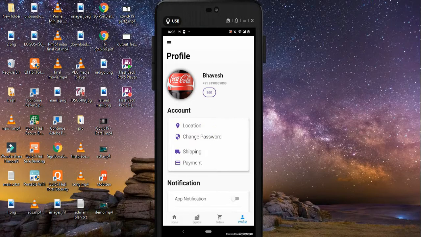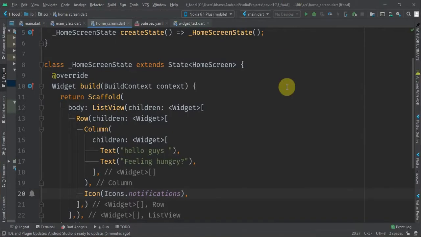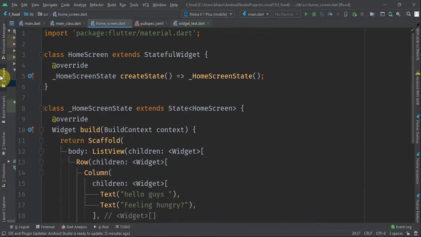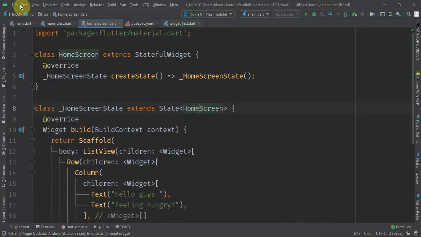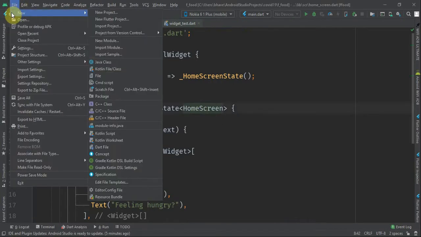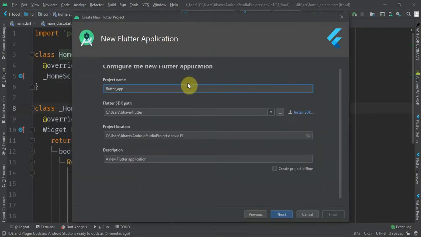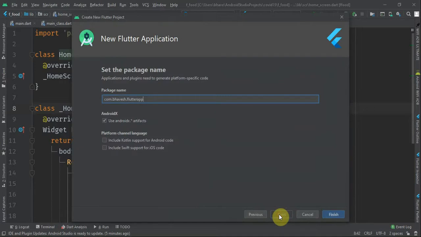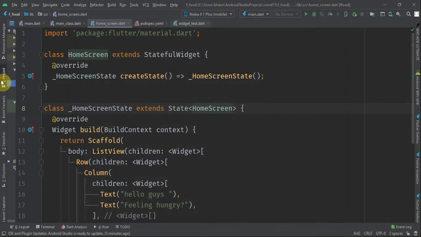What we will do first is, I have already created one project, because I have recorded the video in Hindi also. For two languages I have created this project, and you can easily create one. I'm going to delete all this and start from scratch, but I just want to say that you can create a new Flutter project from here: new application, then next, give a project name, then continue, next, and then finish. I think you all know about that.